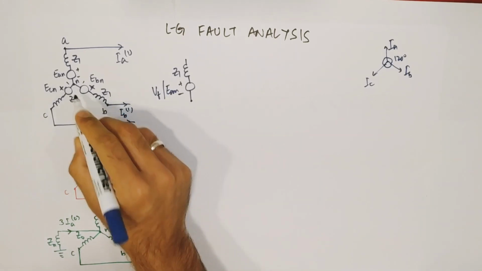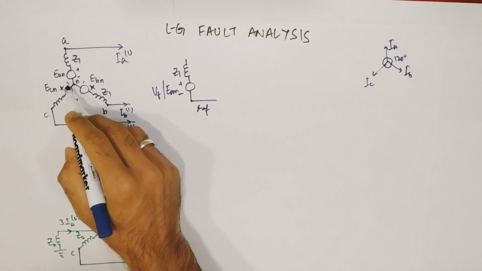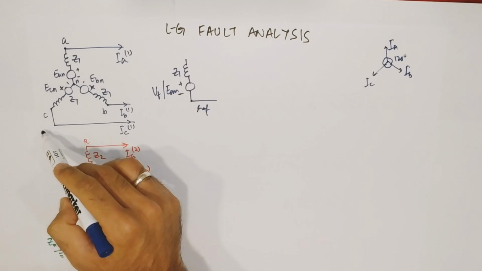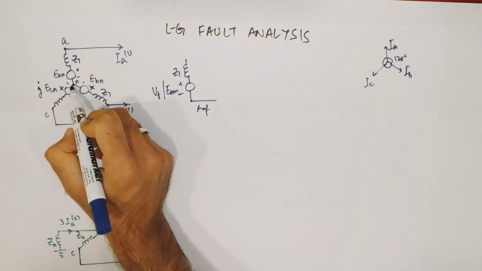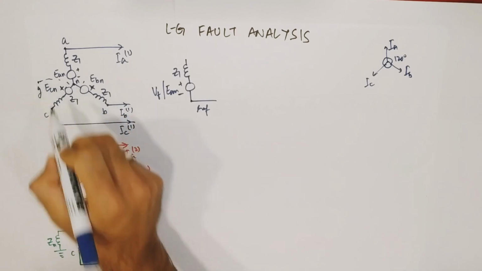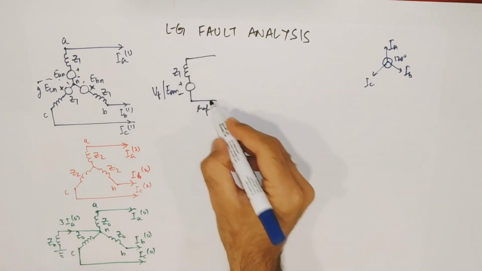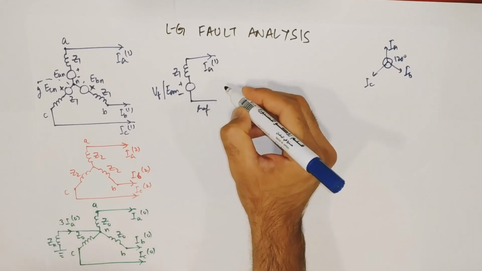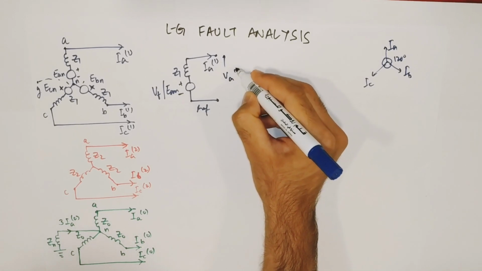Considering the voltage is balanced, it will be VF or EA. And this point is your neutral. Here neutral and ground are the same, so this becomes your reference. Neutral and ground are the same because this is symmetrically divided. As it is symmetrical, there will be no zero sequence current or ground current. As there is no ground current, even if there is a connection between this ground point and this neutral through an impedance, there will be no current flowing. That means these two points are equipotential. N and G have the same potential. So this becomes your reference. And the current flowing in this is positive sequence, that is IA1, and the impedance across these two points will be positive sequence impedance.